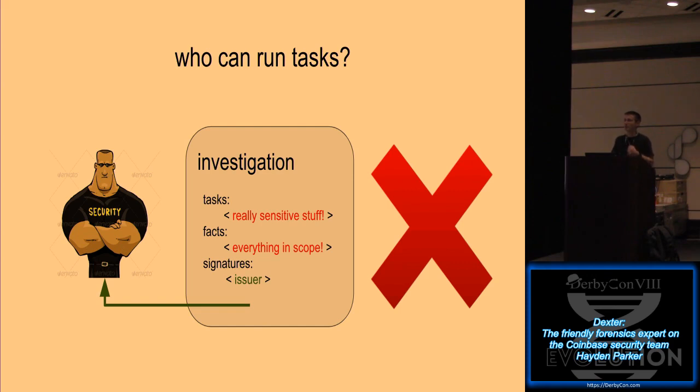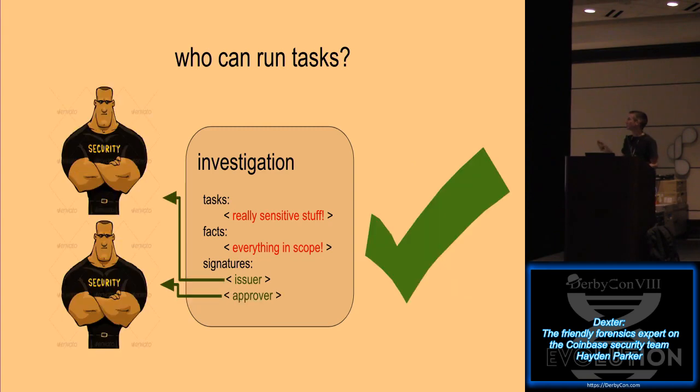But at Coinbase, we're really concerned about consensus as a security mechanism. It's something that's super important to not only the infrastructure and security team, but just all the admin tools we have across all the teams. So what that means is we don't want a single point of failure where one internal threat or one compromised laptop can be responsible for a bad thing happening. So we build various consensus mechanisms into all sorts of stuff. So what we're looking for here is some sort of approval system.